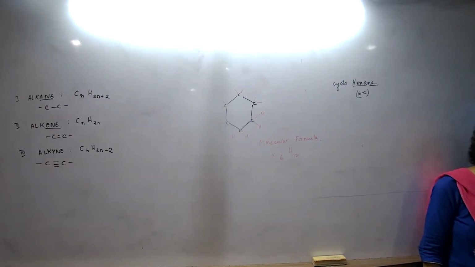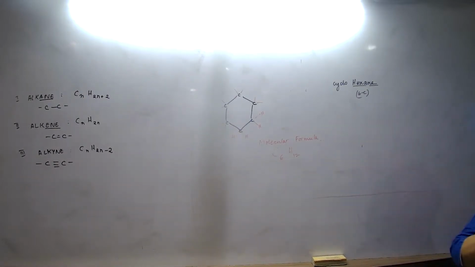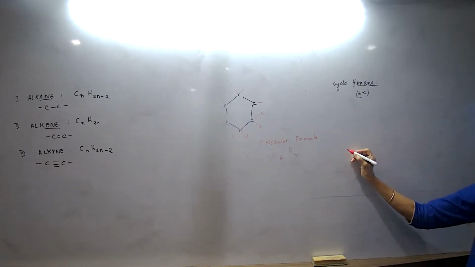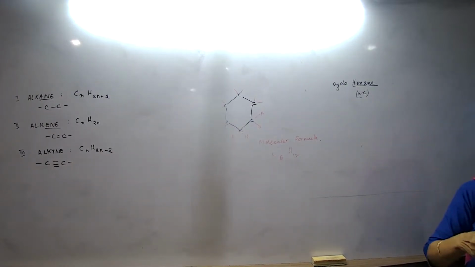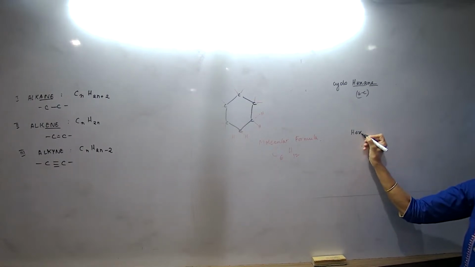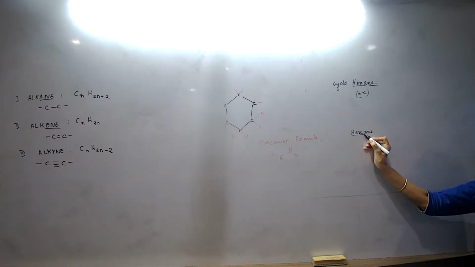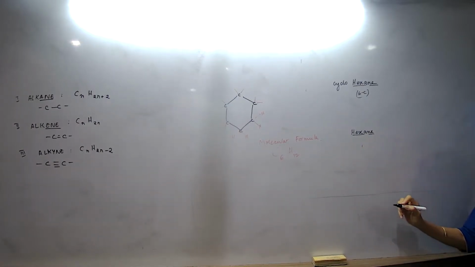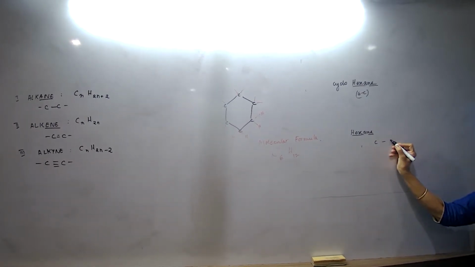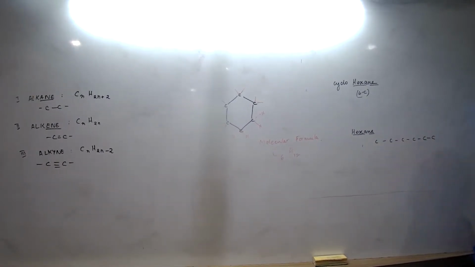Virat, your problem. Why is it not 14? Now look, I'm using the same thing. Okay? Now, all of you will draw hexane. I'm not asking you to draw cyclohexane. Now draw hexane. All of you draw hexane and tell me. Hexa is 6, ane is single bond. So what will you draw? Like this. And tell me what is the formula?